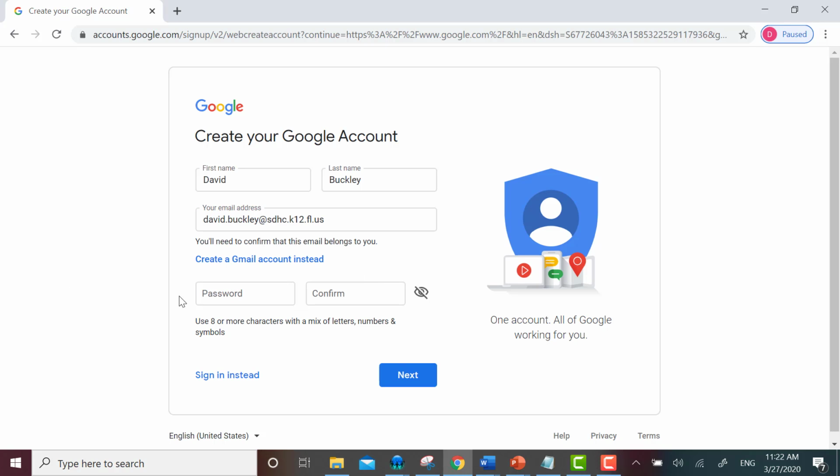Then it's time to create a password. I recommend creating a password that's different from the one you used to sign into your first class. Yes, it would be easier to remember if the passwords were the same, but good practice is to make different passwords for each of your accounts. So I'll pick a password that I think will be difficult for people to guess, and then I'll click on